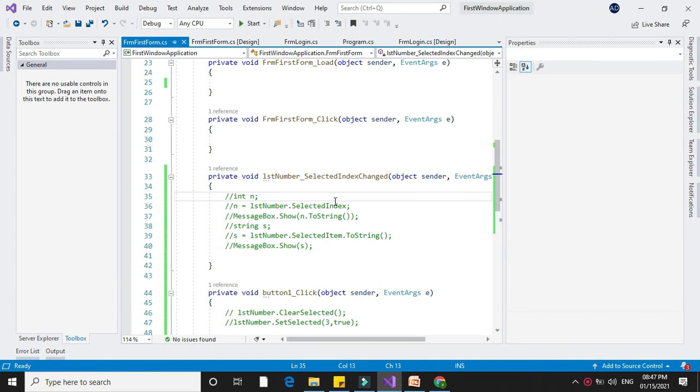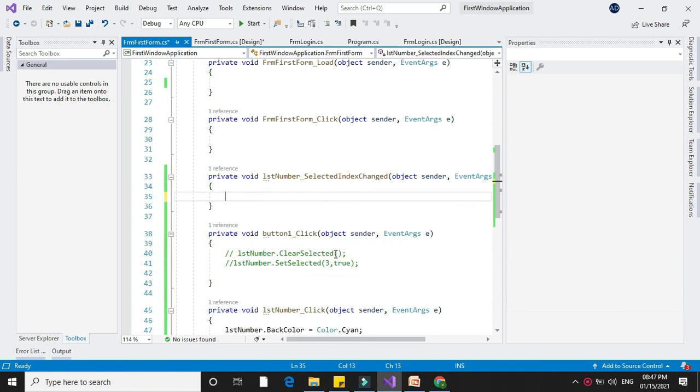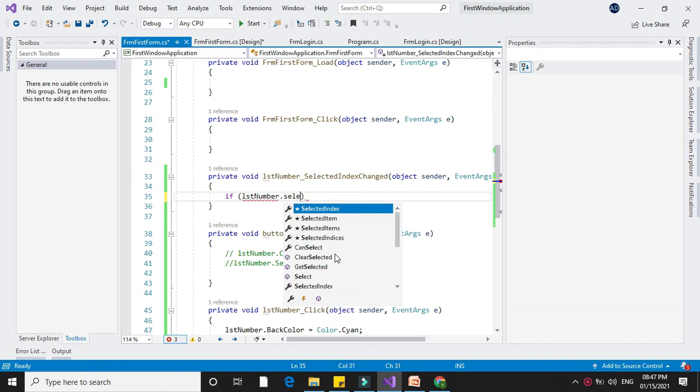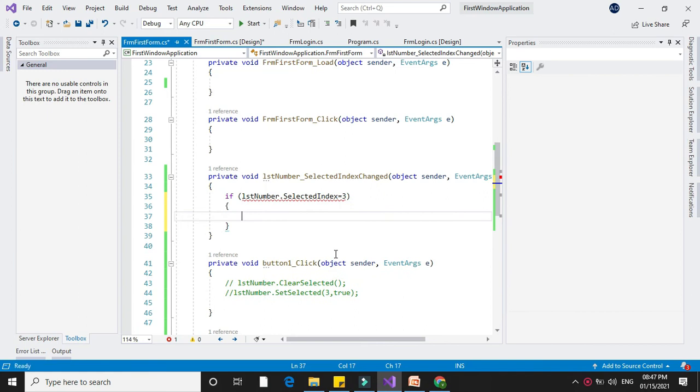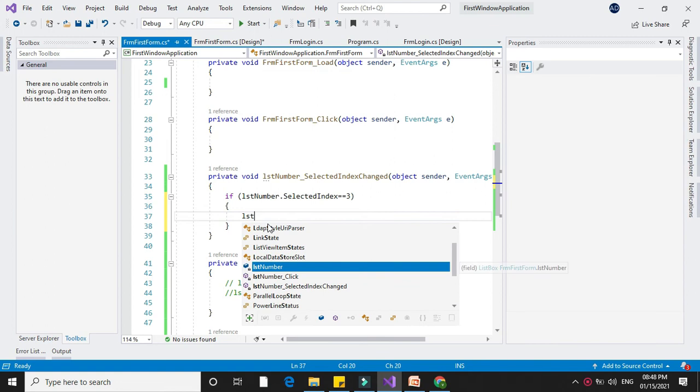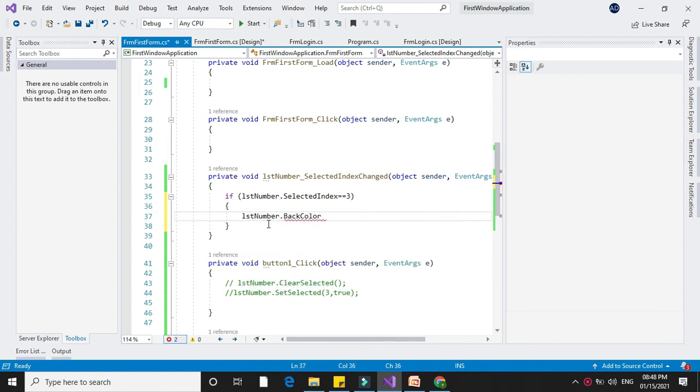Next, the selected index change event is used to check which item is selected, and according to that you can give the coding. So in selected index change, I will check if lstNumber.SelectedIndex equals 3, it will change the background color to Color.Red.